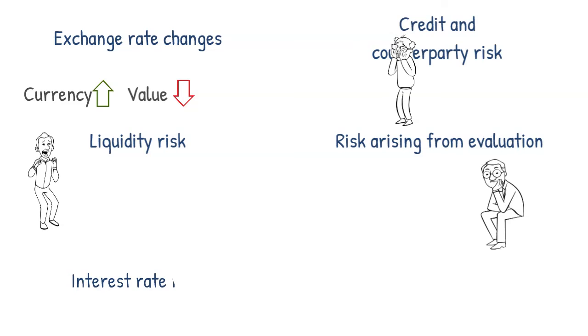Fifth on the list, risk due to changes in interest rates. As the bond fund's portfolios are largely made up of debt securities and bank deposits, the interest rates available to anyone will affect the fund's price. As discussed earlier, if investors can access higher interest rates through government bonds, the bond fund price will fall, and vice versa.